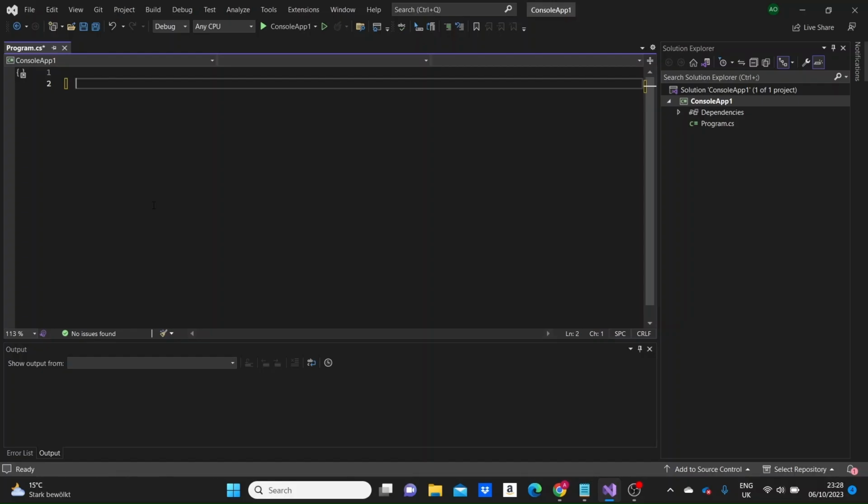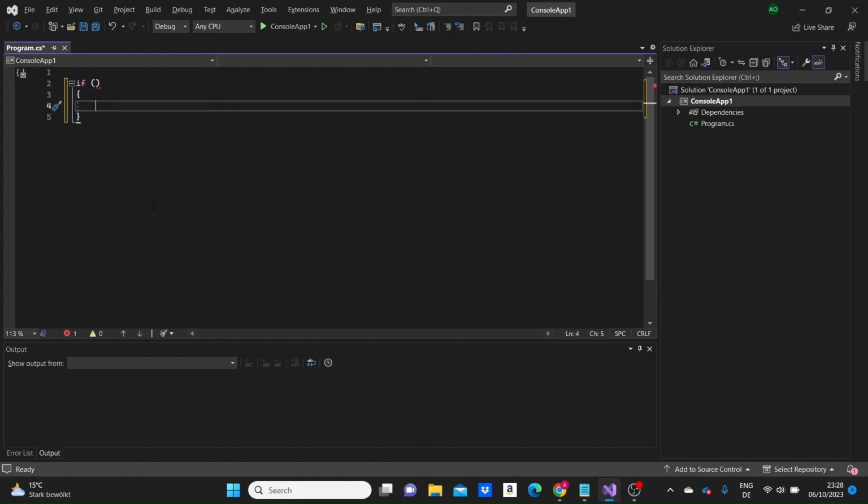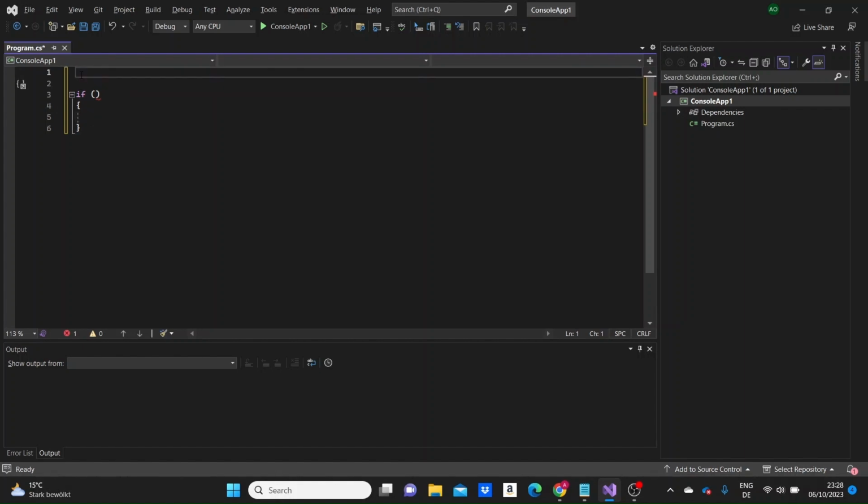So firstly, we will see the if statement, which specifies a block of code to be executed if a certain condition is met. We firstly need to write this if keyword here, and inside parentheses, we write an expression which should return either false or true. And inside curly braces, we write the block of code that we need to be executed in case the condition